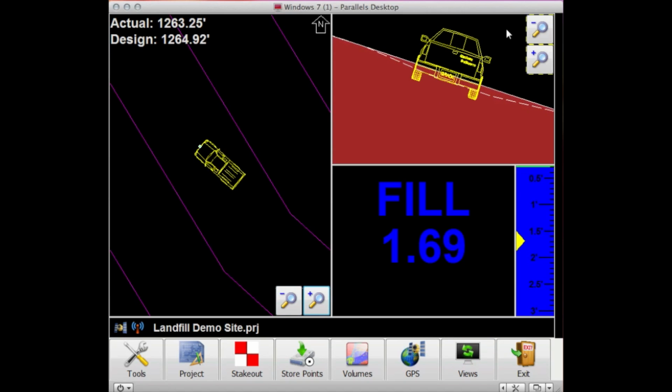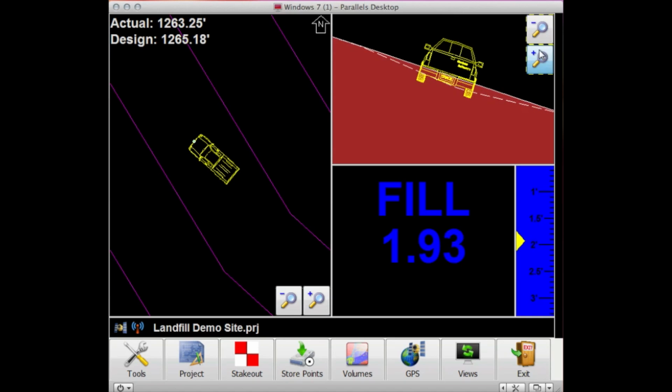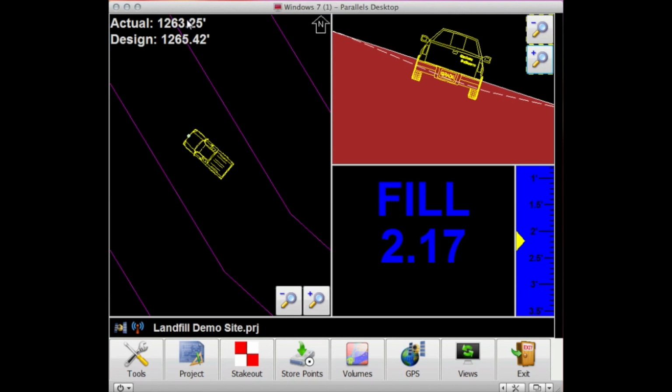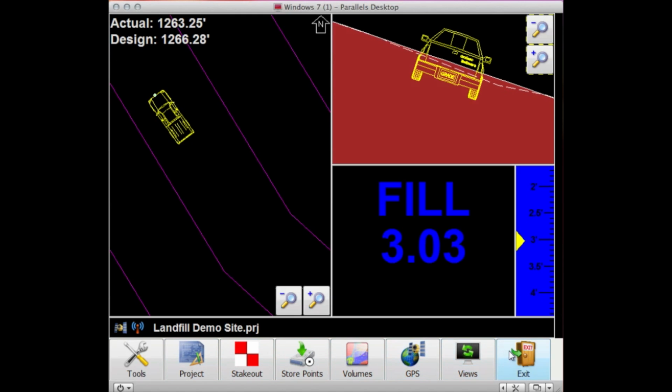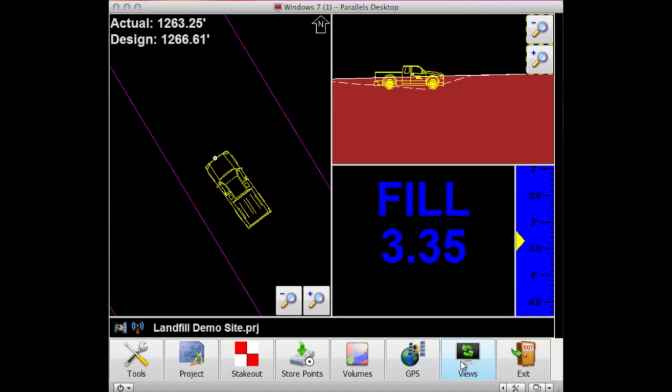Now, I can also zoom in and out in this view. I can see my actual elevation and my design elevation. So we're monitoring a cut and fill right here. To change views, I have this button turned on, and I can click the view button and move through that. Now, we'll touch on this in another lesson, but all of these buttons, or most all of these buttons, are user configurable so that you can set up what features you want readily available to customize the user interface. So if I press the view button, we can see that